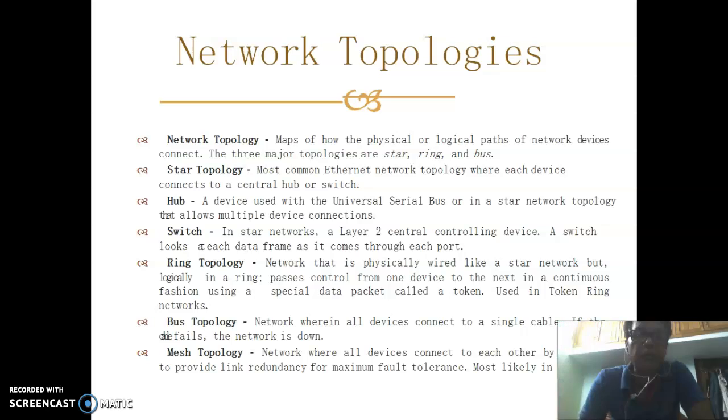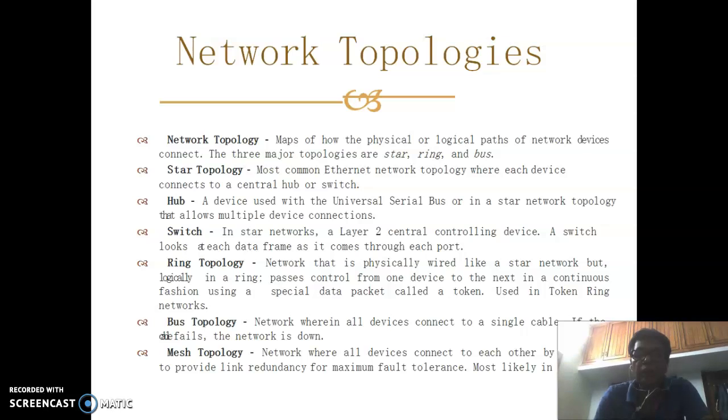Then mesh topology: a network where all devices connect to each other to provide link redundancy for maximum fault tolerance.